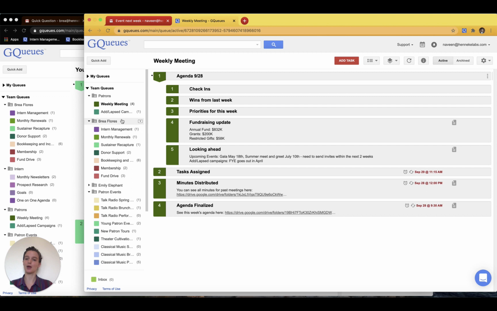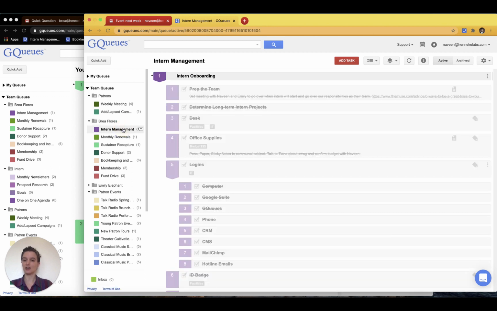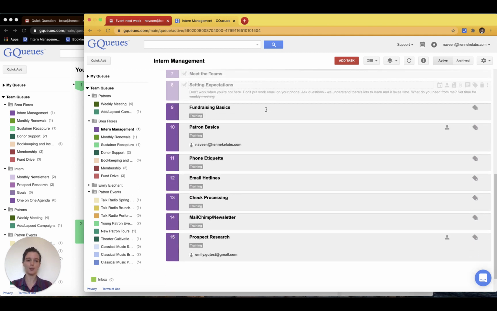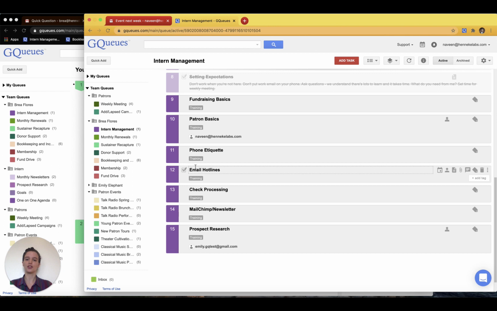He's also set up a team for him and Bree. So Naveen created this team, but this is really the place for Bree to track and organize her work in the way that makes sense for her. But as her manager, Naveen can just pop in and check in on how's this intern onboarding doing, and he can scroll through. She's completed all of that setup, and really all that's left are these tasks marked as training, just to make sure that Maya's getting the tools that she needs to succeed at this internship.